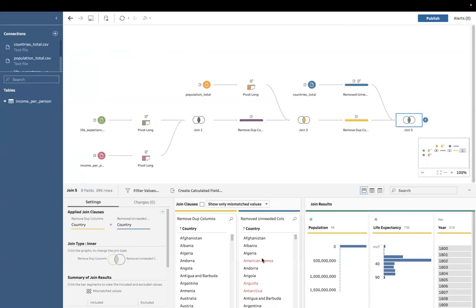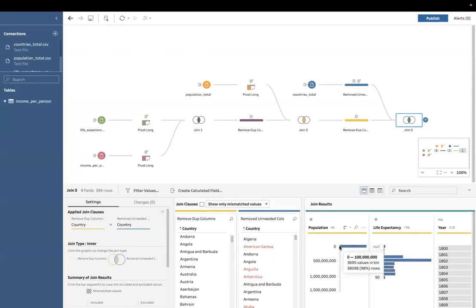So notice there's going to be the red ones that are here that are mismatched. So this just means that there is no region information for Aruba, or there is no life expectancy information for Aruba or Antarctica, even though that is in the region data set. So the way that we are going to account for this is by actually keeping only the left